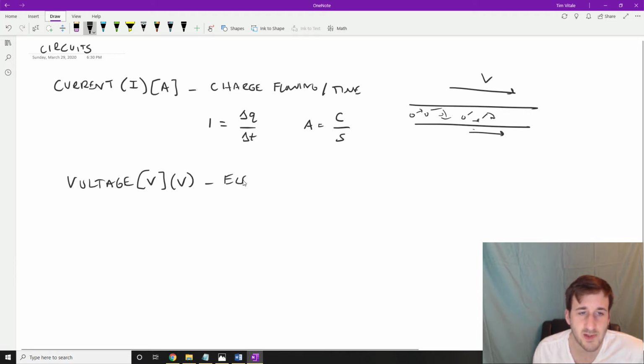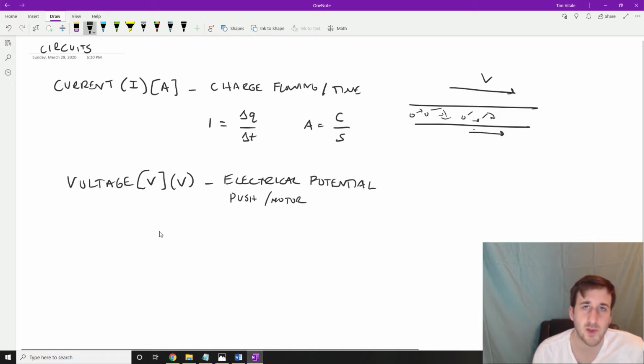It's electrical potential, but in terms of circuits, you can think of voltage more as a push, as a motor. It's what pushes the charges through the wire. So the higher the voltage, the more it's pushing the charge through the wire, and the more electricity you're going to get. And then the last factor is